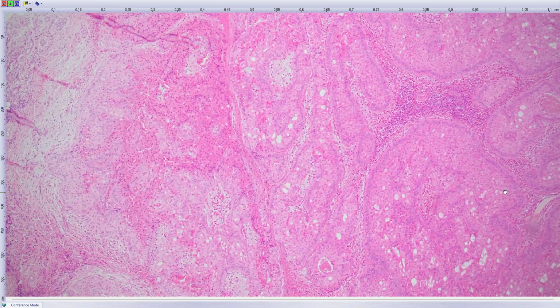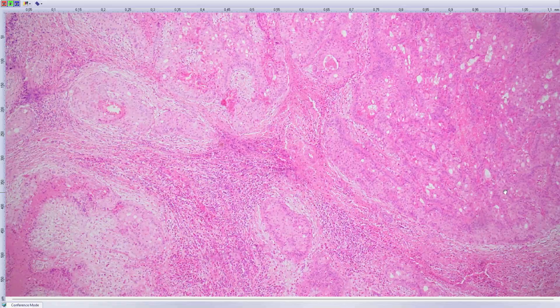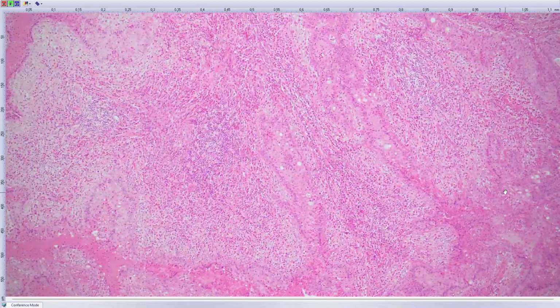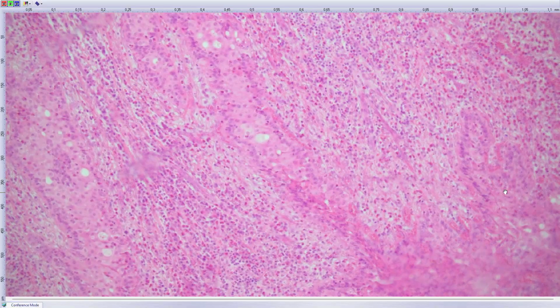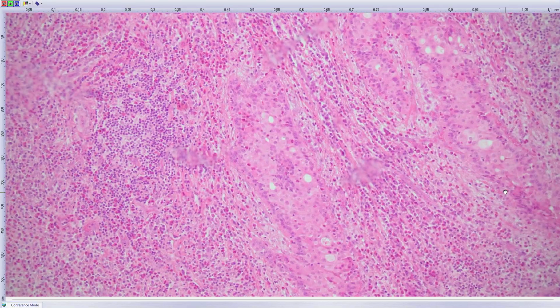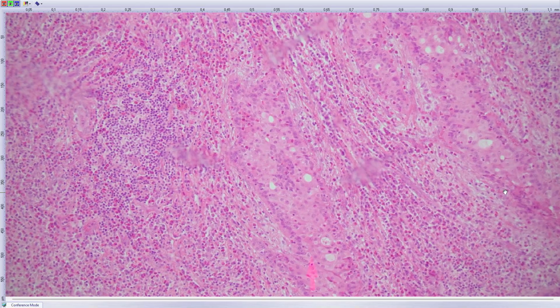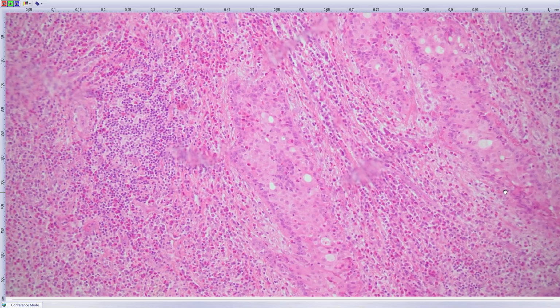Morphologically, it is very typical. It's oncocytic. And what is typical of it is